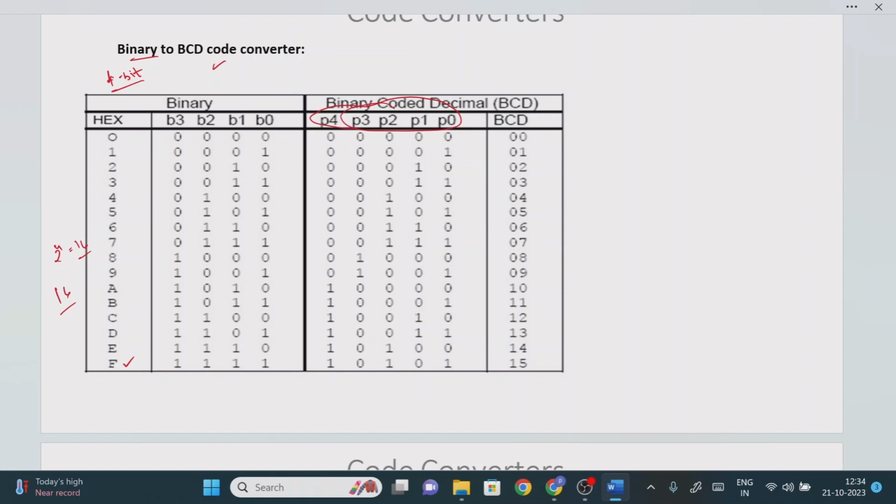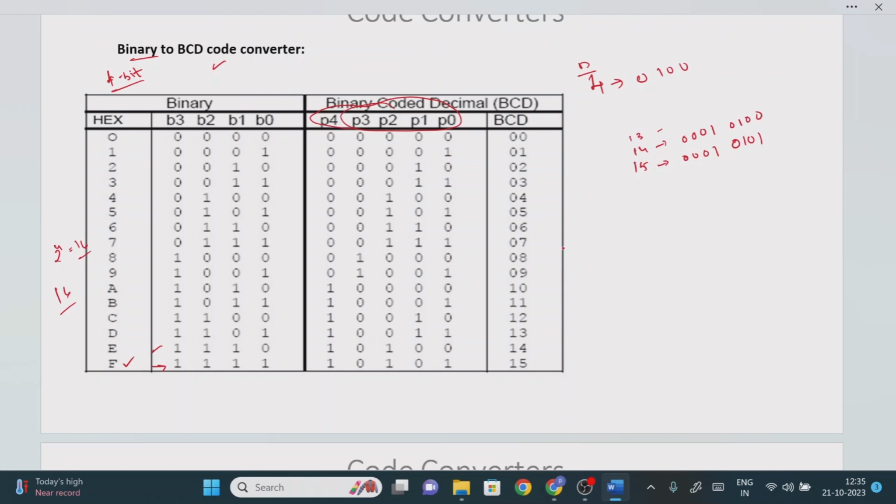What I explained is that in the BCD number system, suppose 4 is the decimal number. What is the answer? 0100. The definition is that each digit in the decimal number system can be represented by a 4-bit binary code word. Now suppose 15, right? What is the value for 15? 0001 0101, right? What is the value for 14? The value for 14 is 0001 0100.